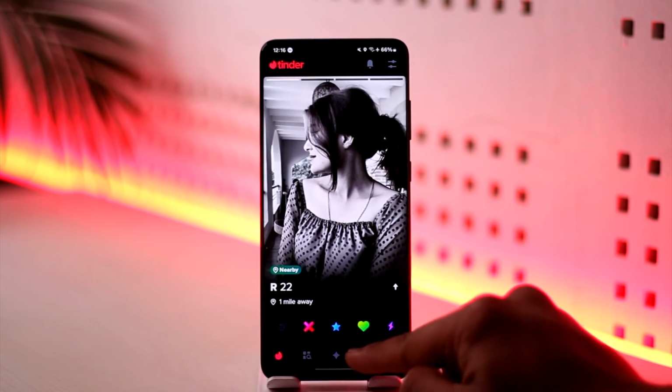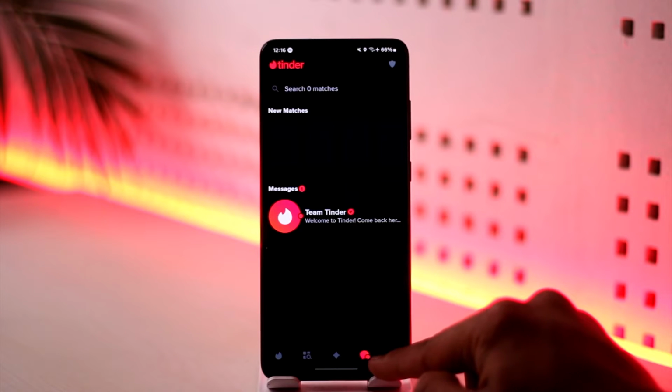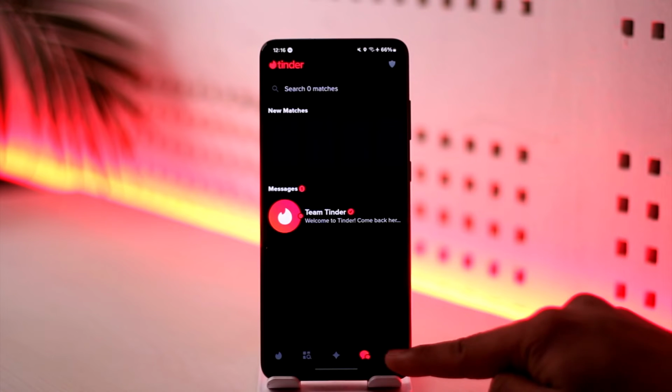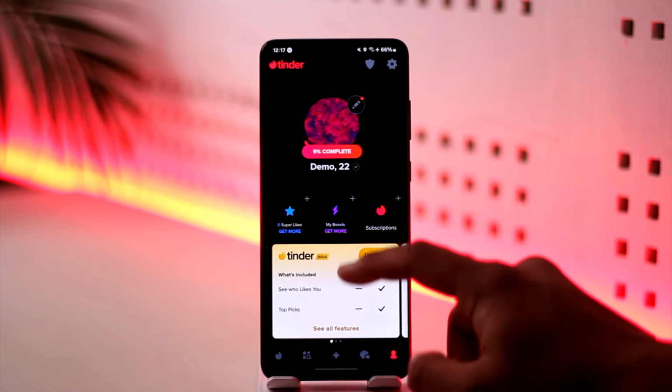And when we match, we will be able to talk to each other by simply coming to the profile icon here and then simply being able to talk to each other in that regard. So only when you are a match, you will be able to talk to each other and you can get and move things forward. Now when you come to the profile page, you have a couple of options such as